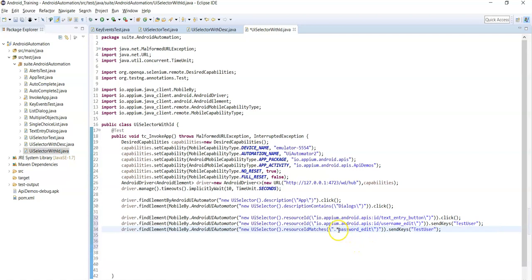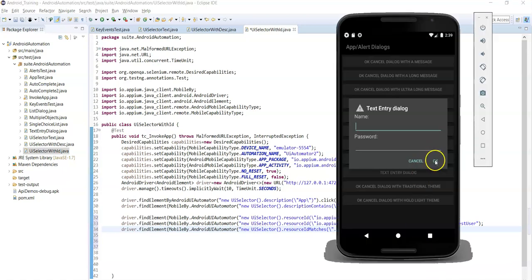Now it will search for a resource ID value that ends with password_edit. Before password_edit the value can be anything. So it will search for this resource ID value and then enter the password. Let's enter test@123 and then finally we need to click on the OK button.